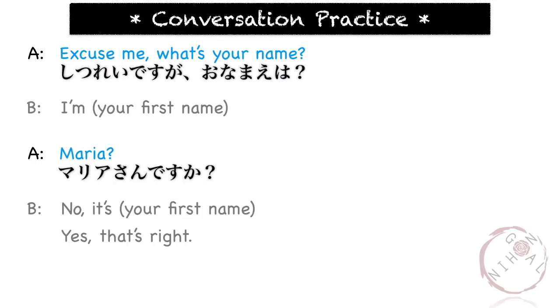Another example is when you're in a casual setting and you meet someone new and they ask you for your name. Okay, try to fill in the B part and I will read the A part. Let's begin. 失礼ですが、お名前はマリアさんですか